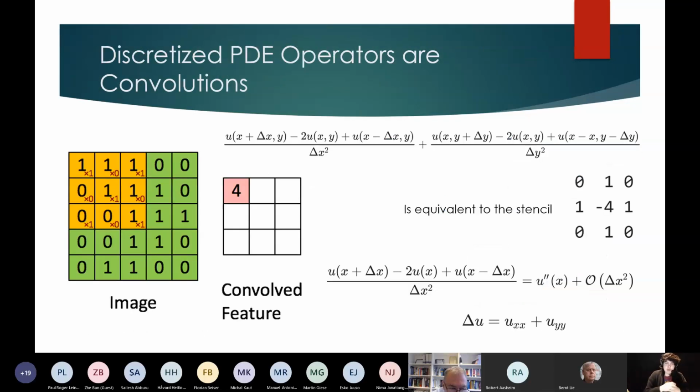Now, we also are making use of discretized PDE operators and noting their relationship to convolutions. So essentially, if you look at a convolutional neural network, its core operation is this convolution, which is really taking a subsquare of pieces, multiplying it by coefficients, and then that's how it calculates the result, right? So this is a convolution, where you can see the red numbers for what the coefficients are going to be, and it runs that at each square, and then multiplies the numbers in the boxes by the coefficients, and that's how it calculates the next term of the convolved feature, right?